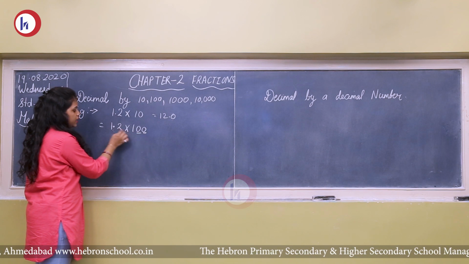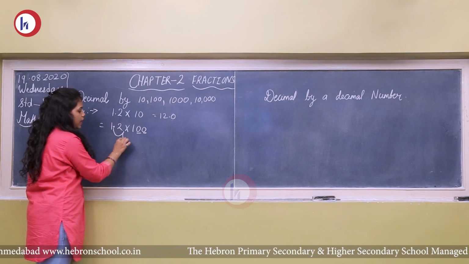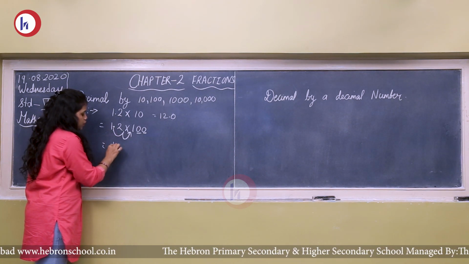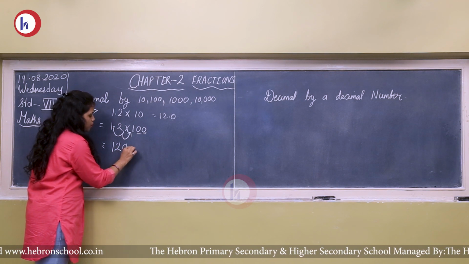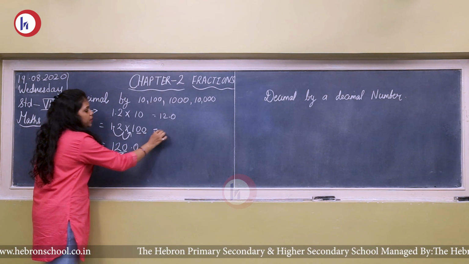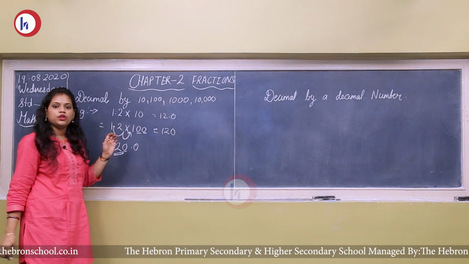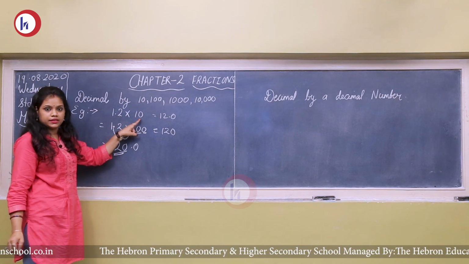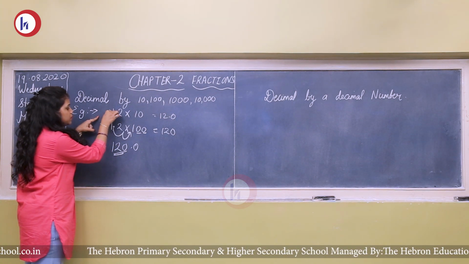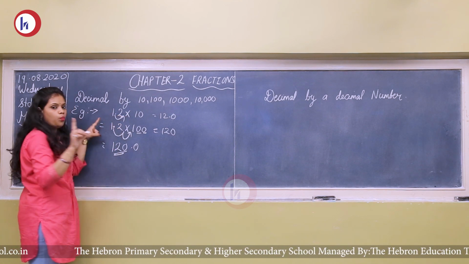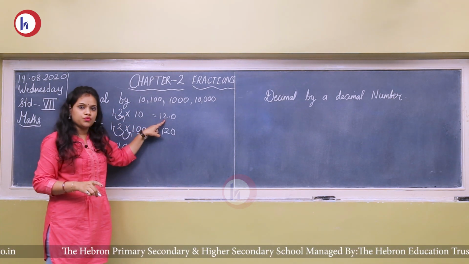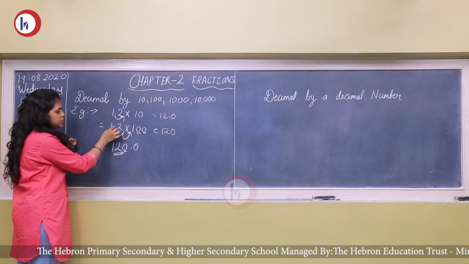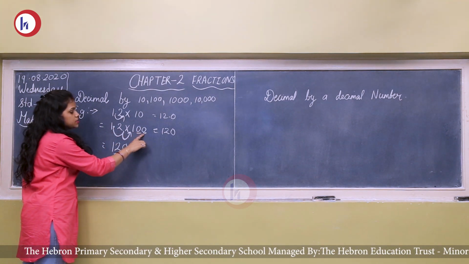Like here, if it is 100, you will shift your decimal 1 and 2 places. So what will your answer become? Your answer will become 120.0. So your answer will be 120 when you multiply 12. Here also you can see 1.2 multiplied by 10. 10 has one 0, which means your decimal will shift towards the right 1 place. So your answer becomes 12. 1.2 multiplied by 100, your decimal shifts 2 places because here it is 20.